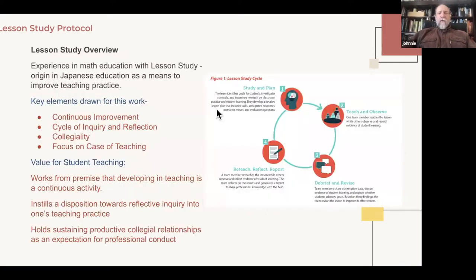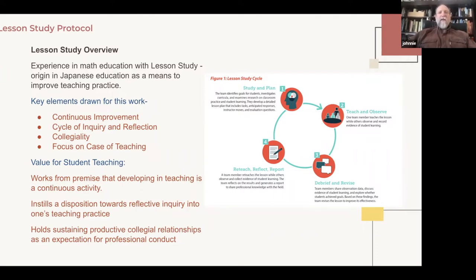Why lesson study? I've been involved in math education for some time, and I'm going to say this is a version of lesson study. It has lots of virtues of lesson study. There's some things that still need to be worked on, as might be understood. We've only done this 1 year. There are things we might do better. But the idea of Japanese lesson study, there's some things that matter a lot that we should be holding on to in our own work with our student teachers.